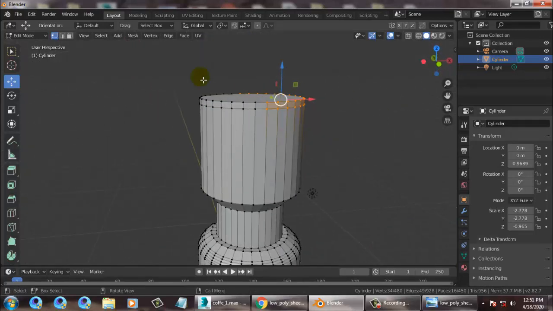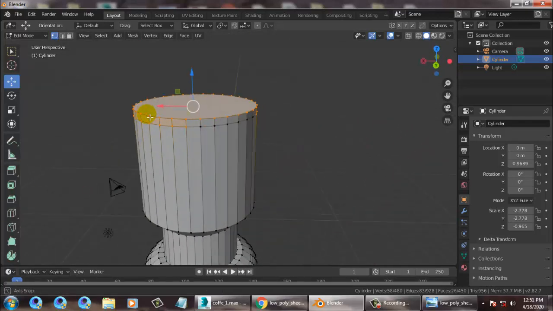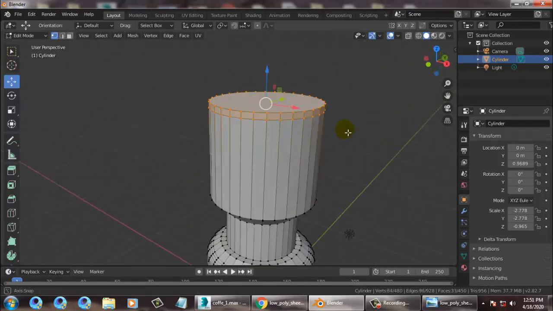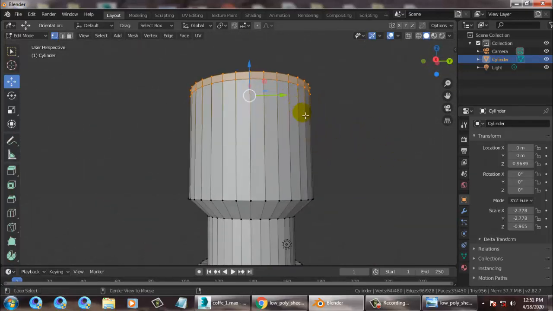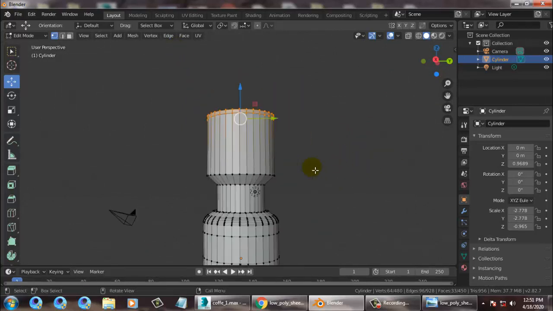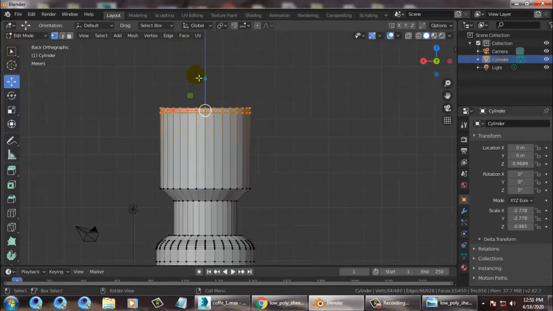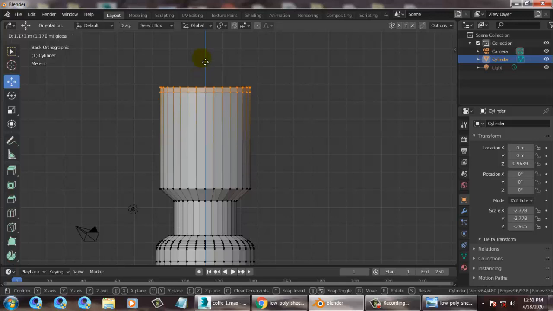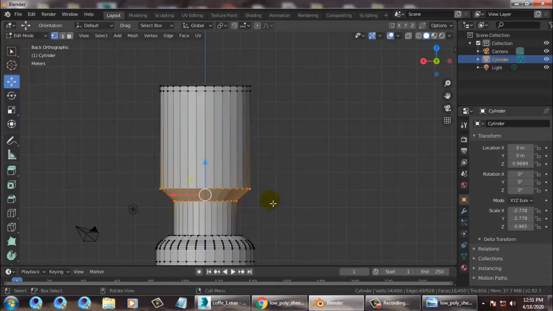Select this all. So just push this up. If you want to scale this, you can just scale it down. You can easily do that.